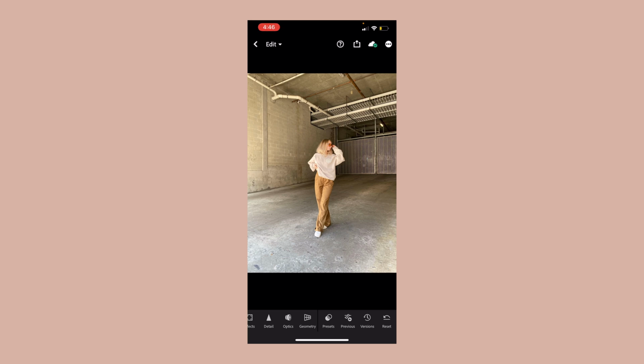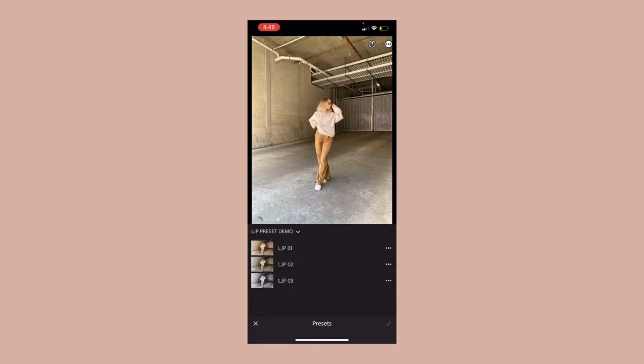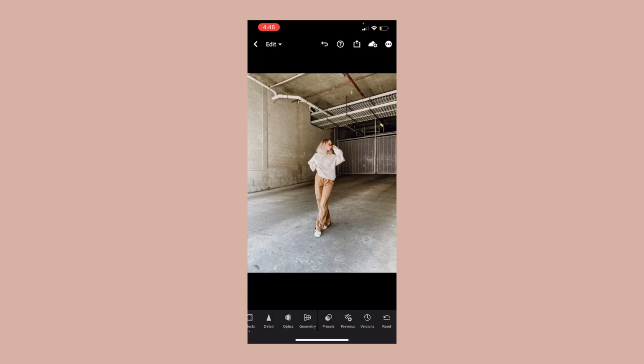So we're going to move over to our presets again. This is what 01 looks like, what 02 looks like, and what 03 looks like. I think 02 is going to be the way to go. So we're going to select 02. I think that looks really good so far. Here's a little before